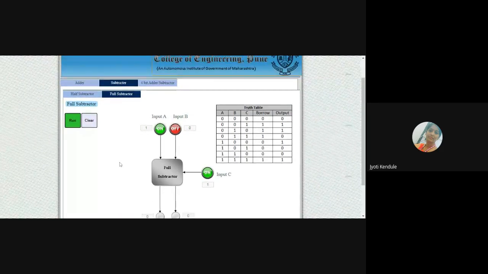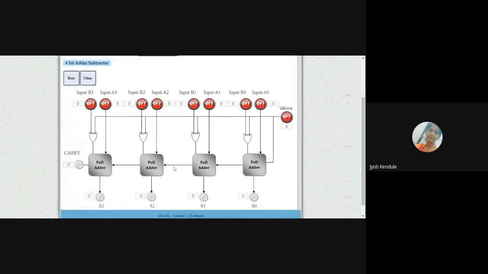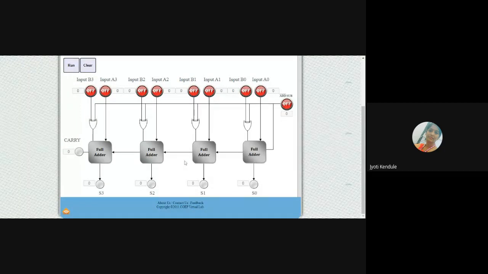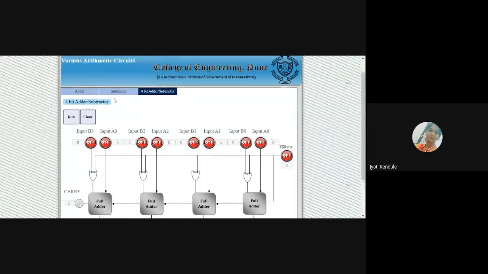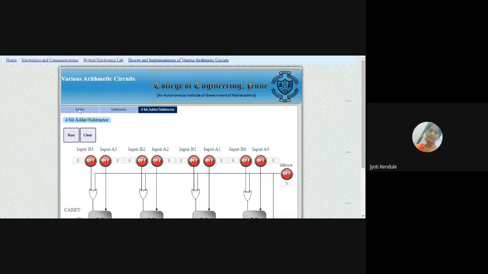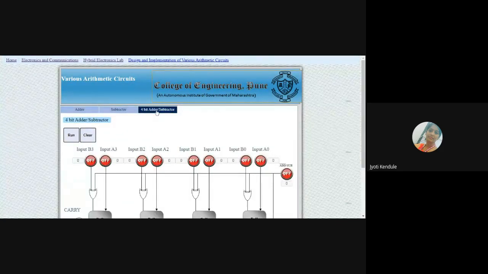Okay. Then here it is one another adder subtractor is available, that is a 4-bit adder or subtractor. Here it is. Actually 4-bit adder subtractor, parallel adder is available for you. Okay, but it is not a part of the combinational circuit, it is not part of your syllabus. Still I will show this to all of you. So for me, in the adder, full adder and half adder are there, and in the subtractor, half subtractor and full subtractor are there. Still here it is simulation is available for the 4-bit adder. I will show that also.